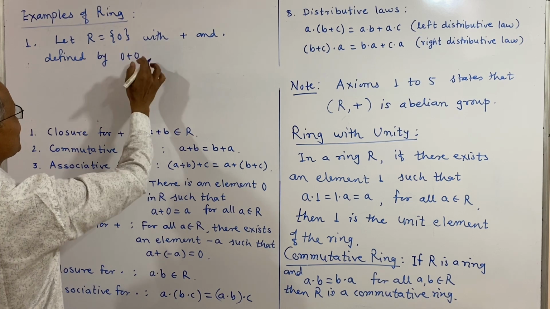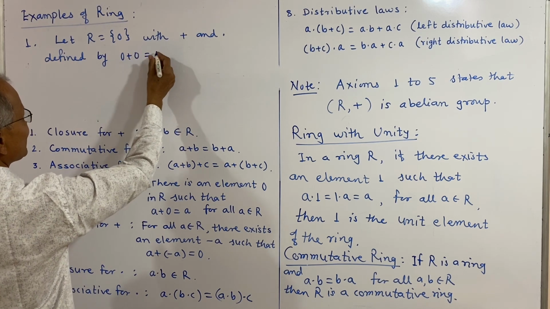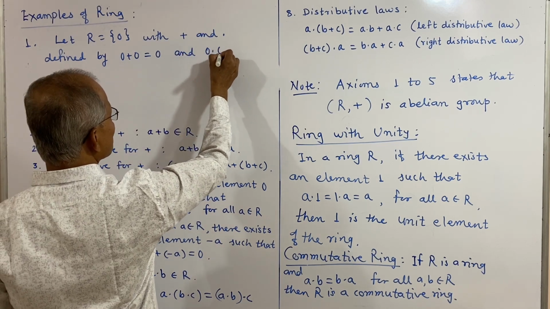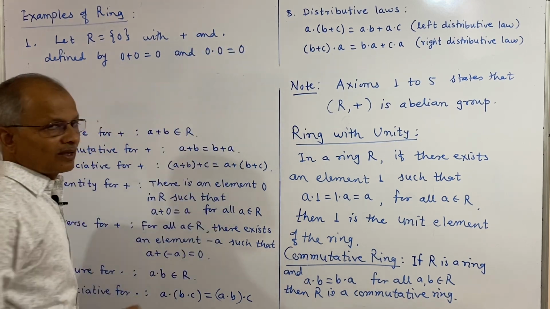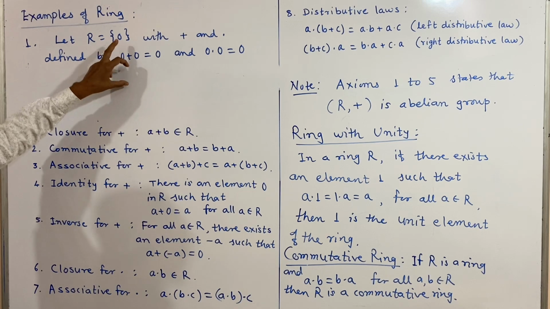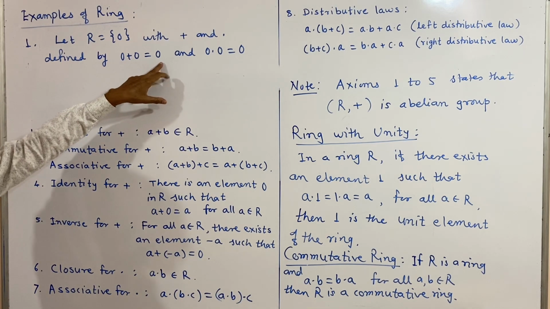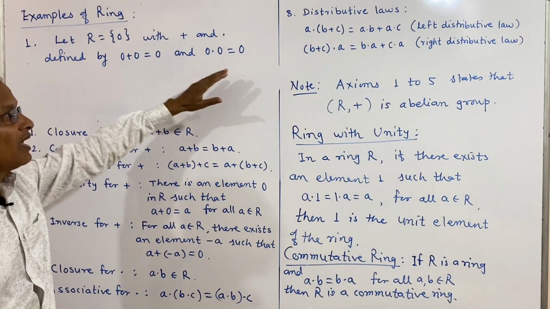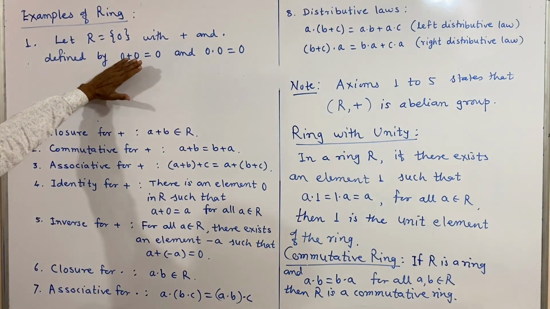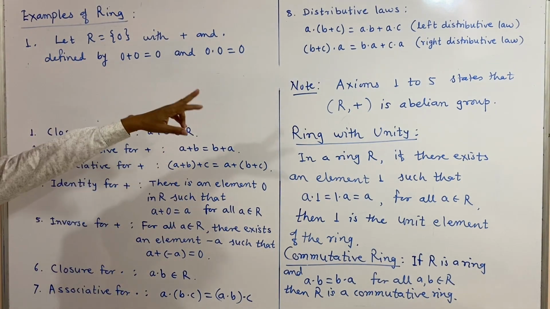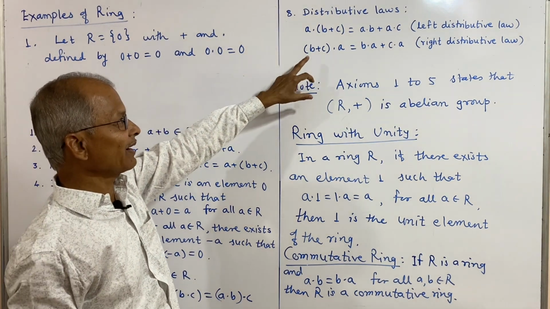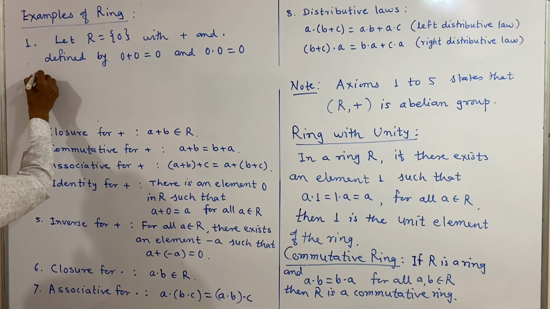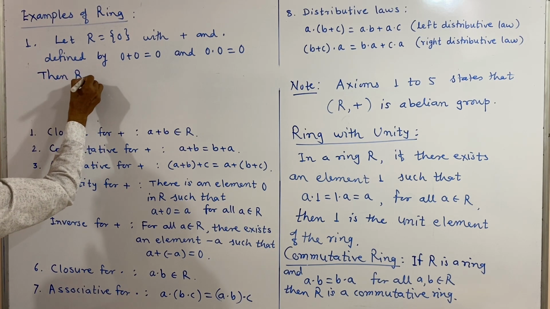There is a single element 0 and its operation with itself is equal to 0. Then this forms a ring because all these properties are satisfied by this singleton set 0. Then R is a ring